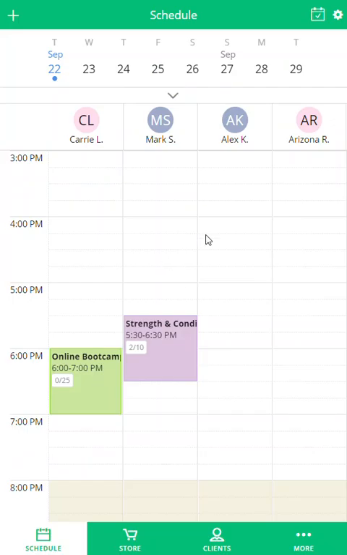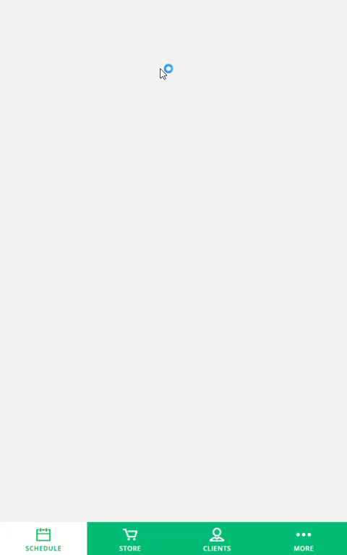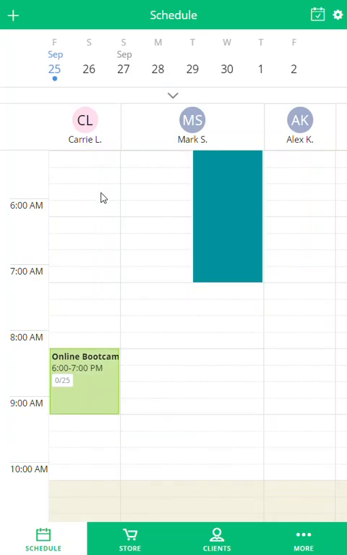If you want to go ahead and book an appointment or book an asset, in this case, I'm on the staff view, so I'm going to book an appointment. Let's say I want to book for the 25th. I can click on the date. And then from here, let's say I want to book an appointment with Alex at